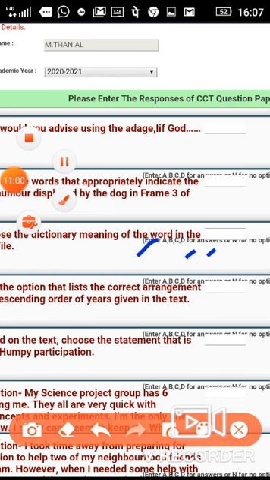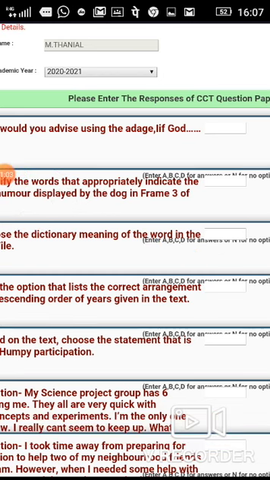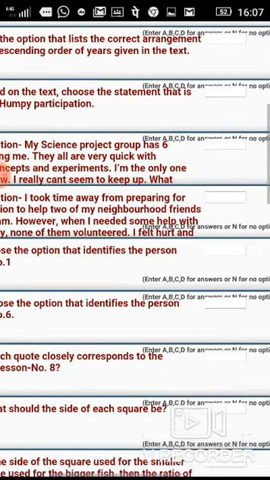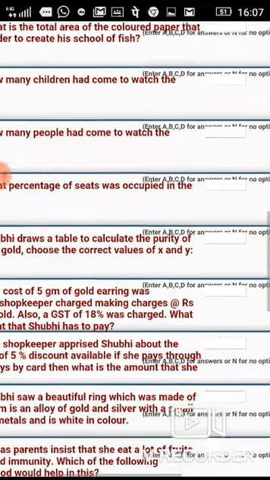So that's why I suggest you that first you download the question paper and do the CCT 6 or 7 offline. Write your answers on a paper and then come to the site and enter your answers. You see there are 30 questions.